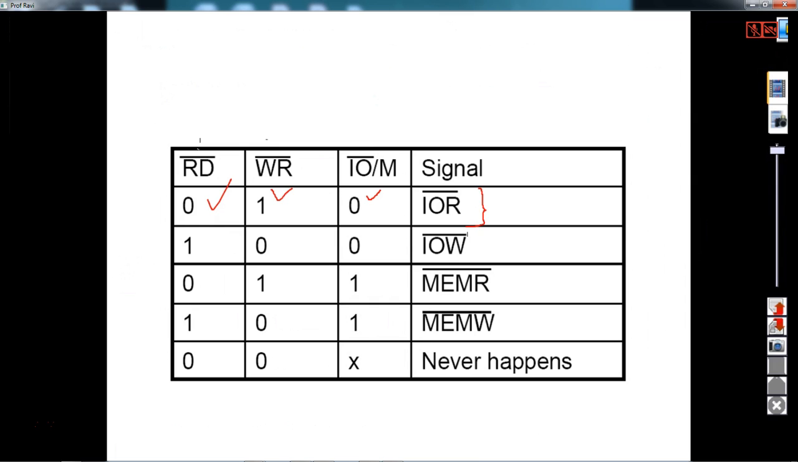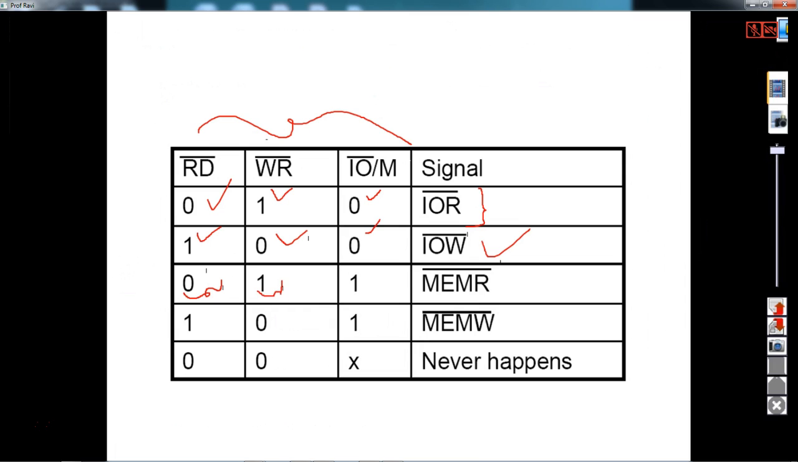So these 3 pins together will indicate which task is done by the processor. If read bar is 1, write bar is 0, and IO by M bar is 0, then it is an IO write operation. And if read bar is 0 and write bar is 1,